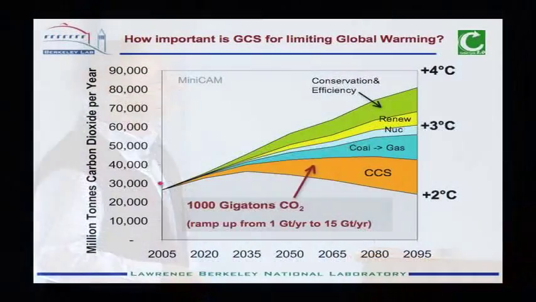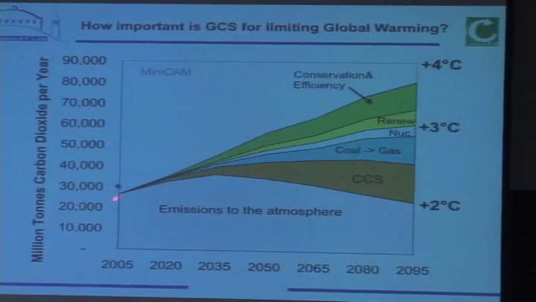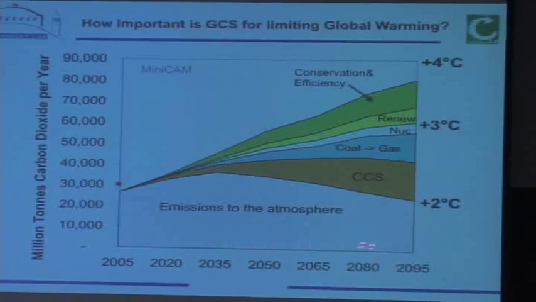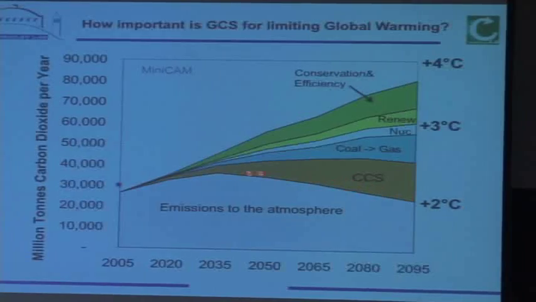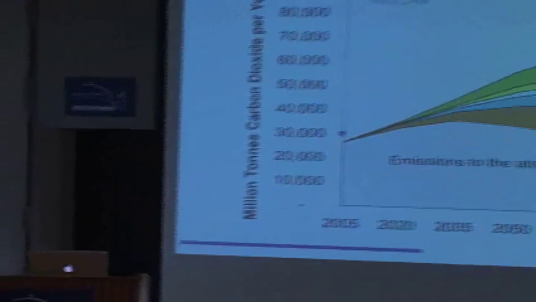Now, how important is this for global warming? Bernd showed a slide that's similar to this. This comes from the IPCC report. This is the amount of carbon dioxide released globally to the atmosphere per year. This shows projections of how it might change over the next century. And also, depending on what trajectory you take, it shows roughly what the amount of global warming that's projected from